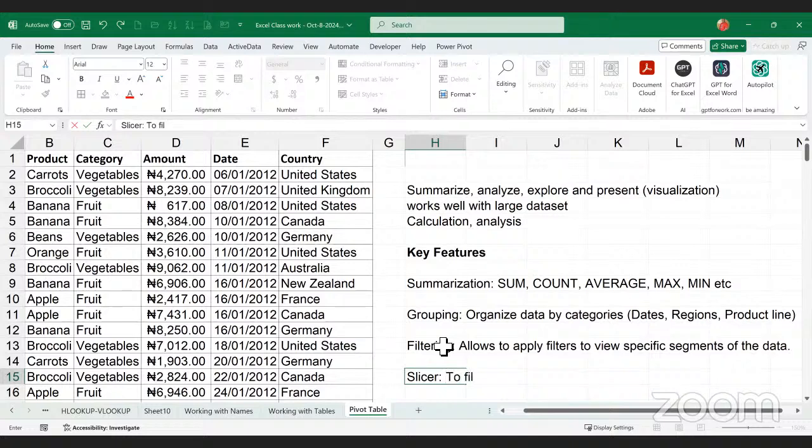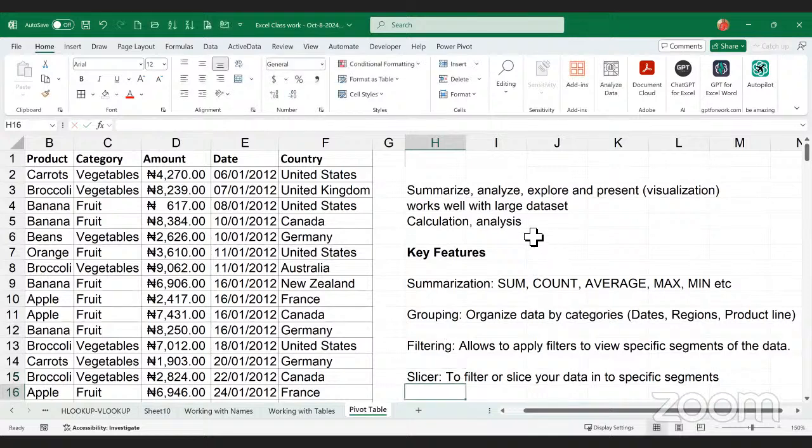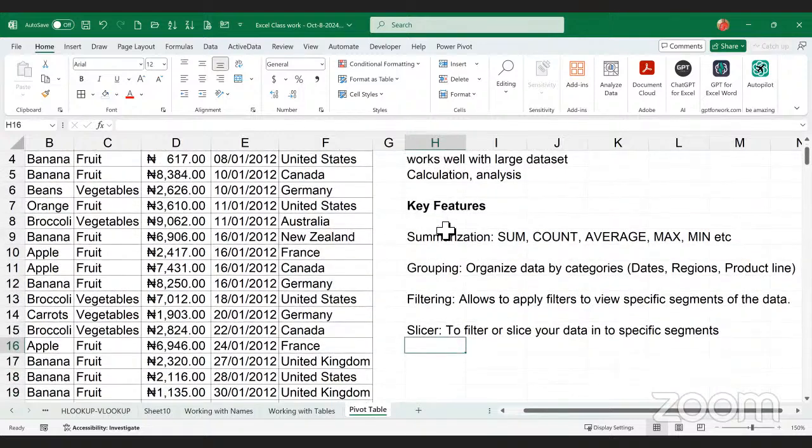To filter, or the same thing, slice your data into specific segments. Okay. So that's some of the key features that you are looking forward to, or that you should be looking forward to, in pivot